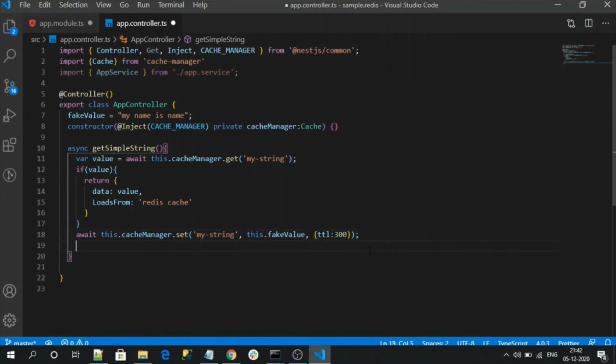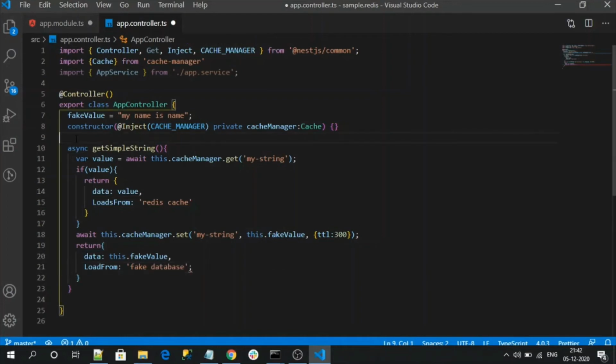Next, we need to return the data to the user, and here I am going to load it as from fake database. Right?